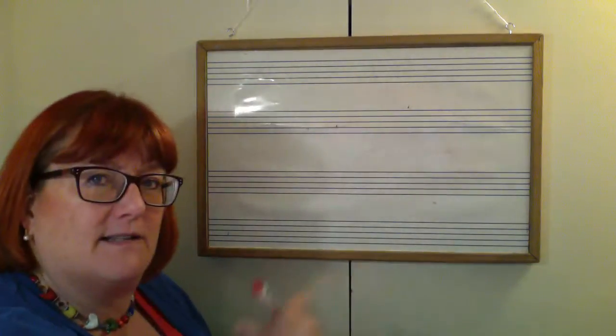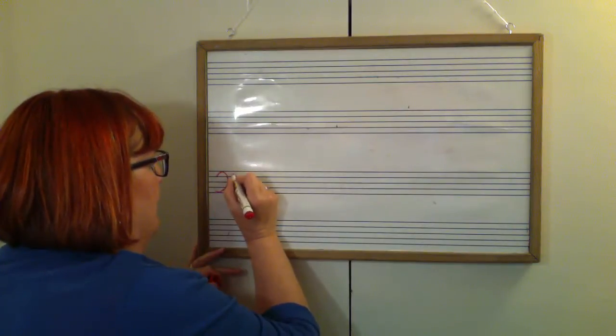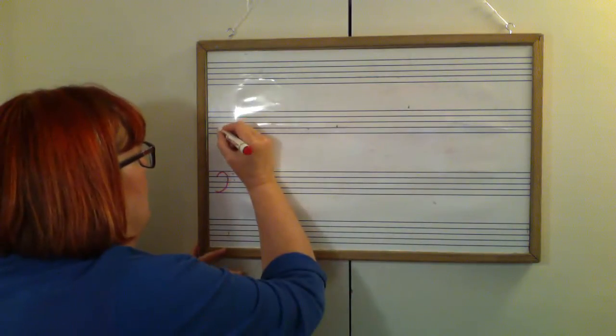Now today I'm going to do a little bit more work on ledger lines so that we can understand how we can write notes that don't fit on the stave. Okay, so last time when we were together we did the notes below the stave. And I hope you can remember, I'm just going to remind you a little bit. So here's our bass clef, here's our treble clef,